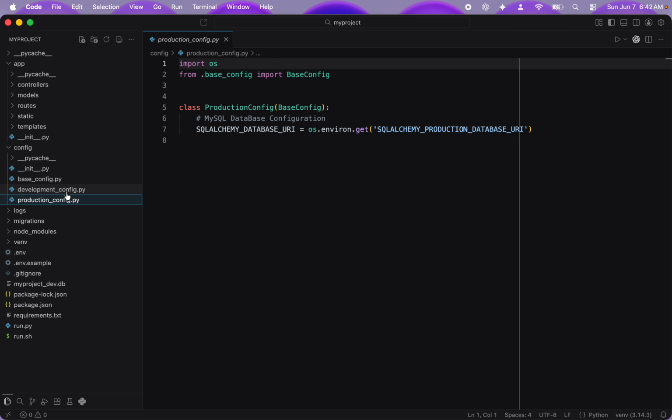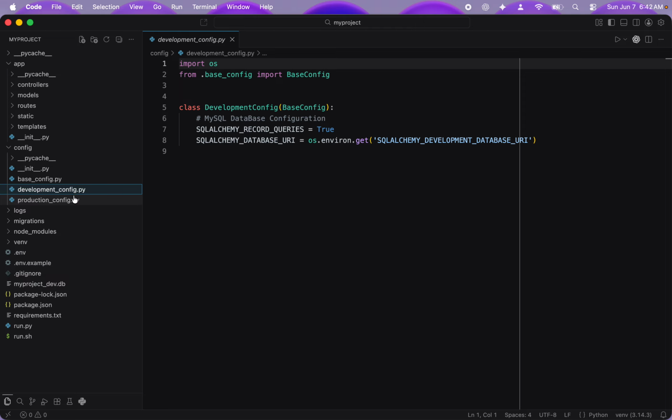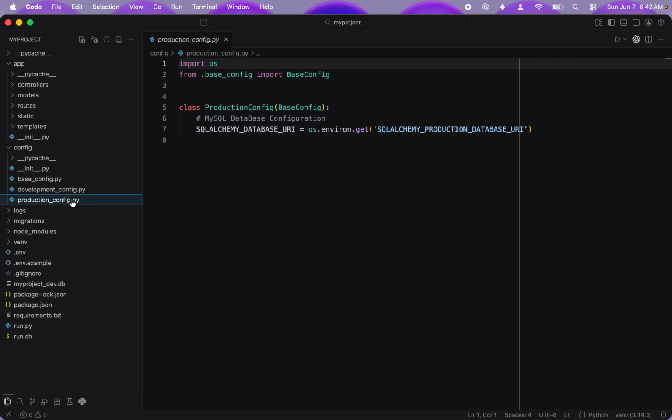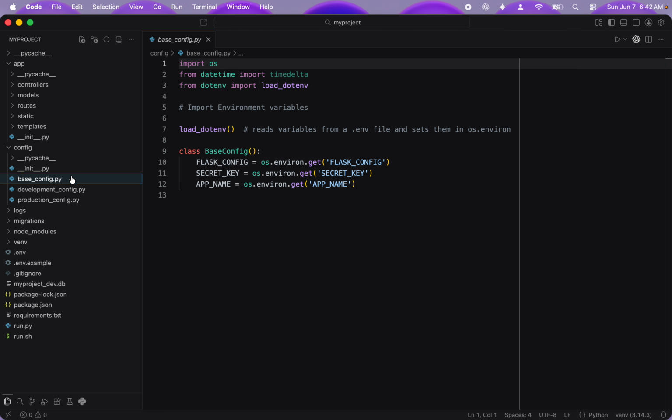In production, I did not turn that on. And then a URI for the database. And you'll have a development URI and a production URI. Typically, that's how I work. So let's look at the base config. Right now, super simple, Flask config,